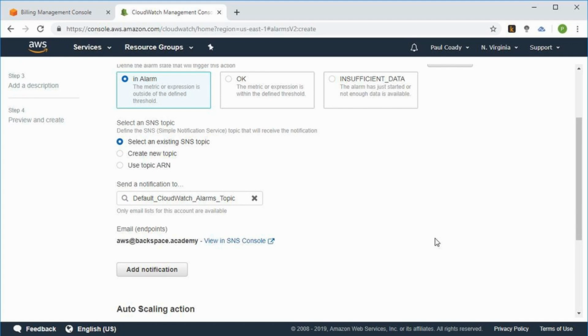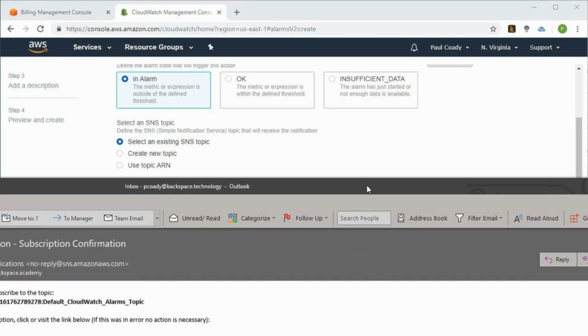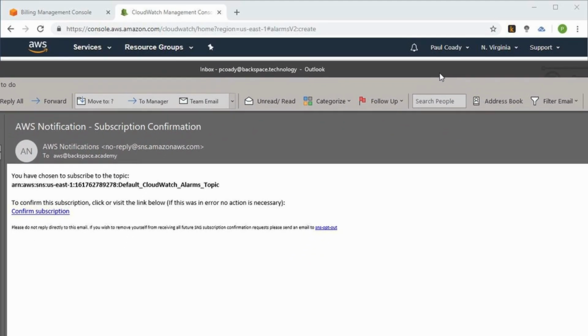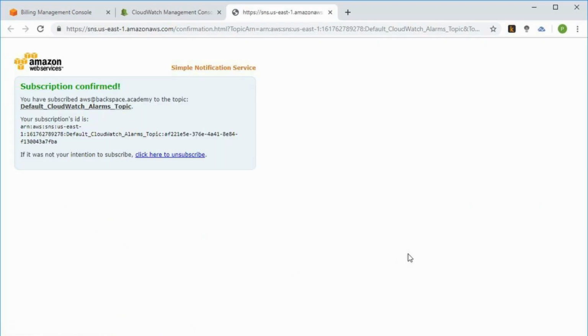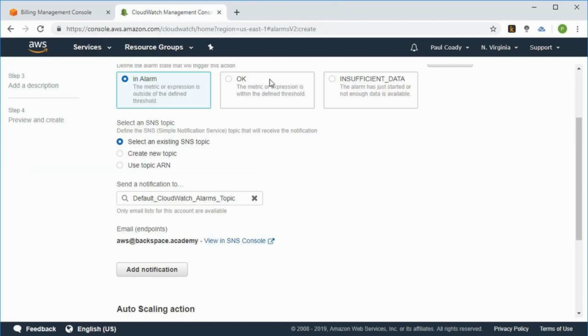What is going to happen now is that you will receive an email from AWS to authenticate or validate that that email is actually yours. So if you go to your email account, there we can see that we've got an email that's come from Amazon, and we just need to confirm that subscription. So if we click on that, that will confirm that subscription. AWS need to make sure that the email that is on there is actually an email that you are responsible for or that you own. So we'll just close out of that.